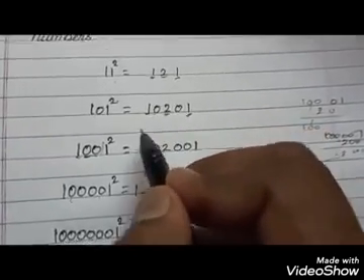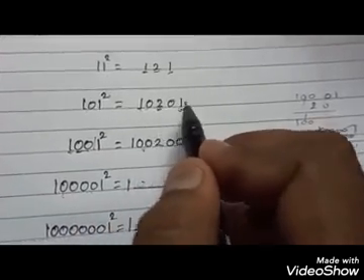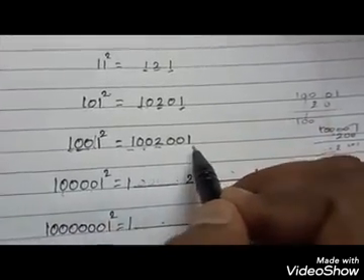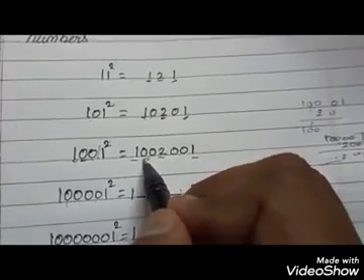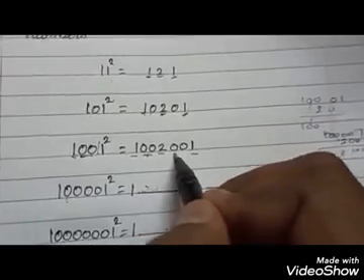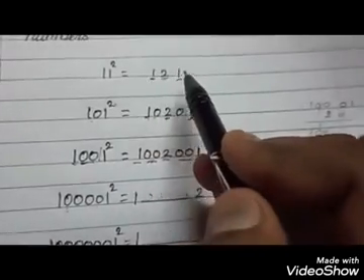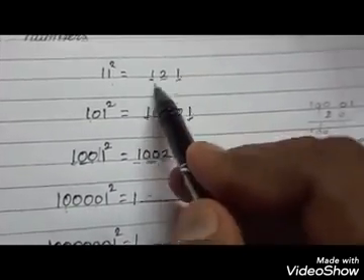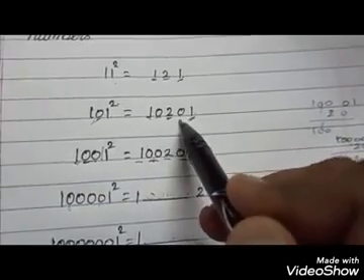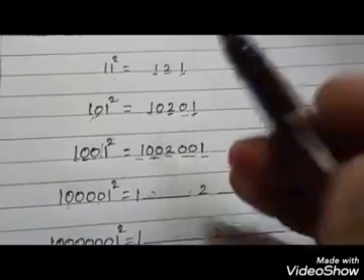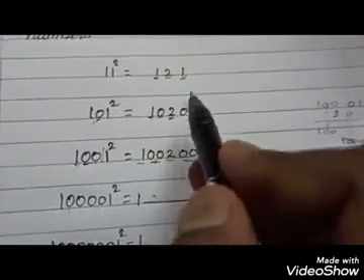Next we move on to the another pattern, 1001 square. The same 1 2 1 is there. In front of 2 and after 2 you have 2 zeros. So what's the pattern? This 1 2 1 is common. If 1 0 is present we have to take 1 and 1. So this is one of the shortcut patterns. If you need to square, you get the same value by using the pattern.